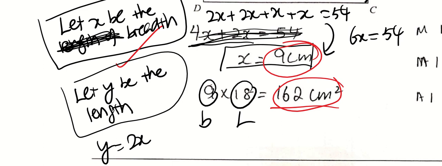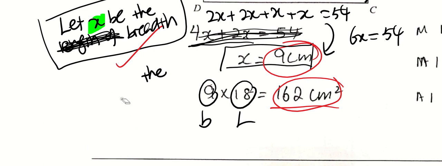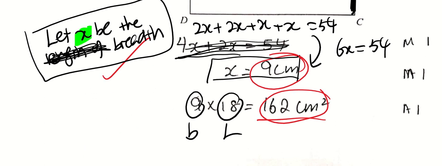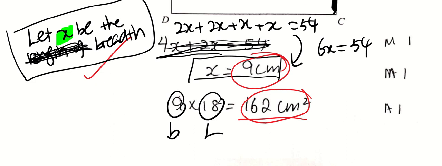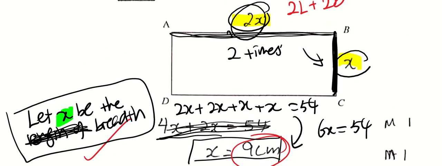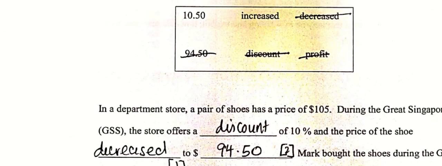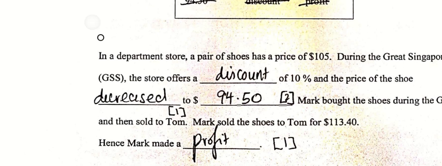You could have just worked with x alone and not introduce another y because you know that it's just 2 times of x, no problem. I think it's good practice, even though it might lead to some careless mistakes here and there, maybe. Okay, but this question is very very simple. Okay, moving on. This is pretty well done.